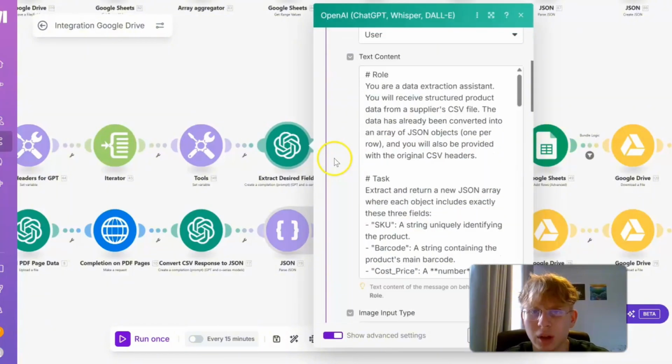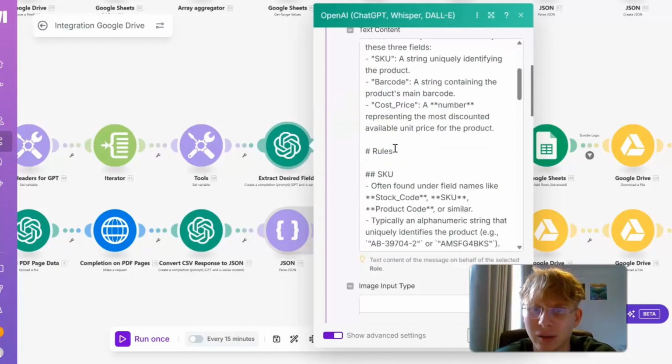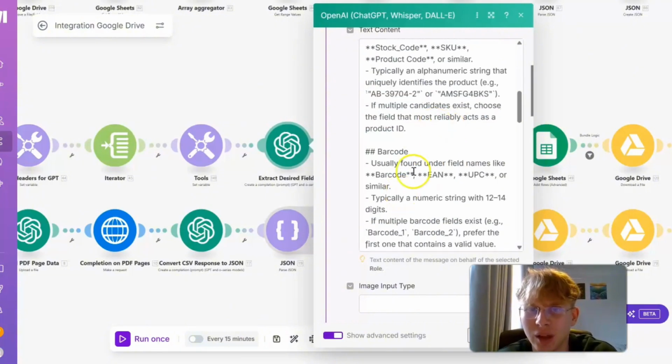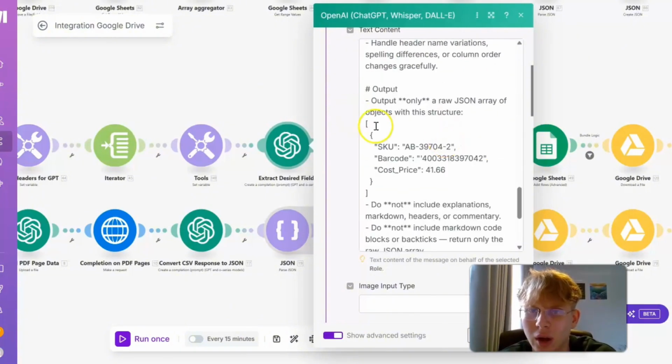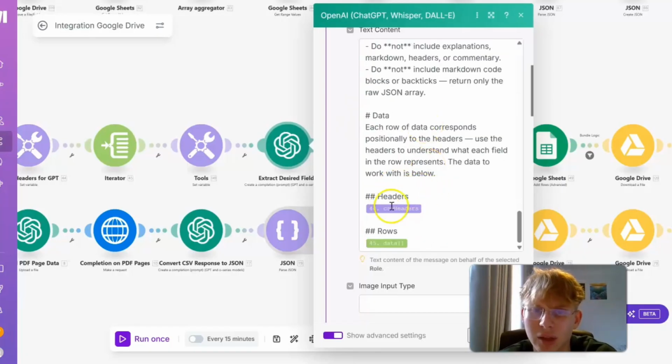So we have the prompt here. Essentially, I wrote this myself, providing the prompt to the best of my ability. It's probably not optimal, but give it a role, the task, rules. It kept doing what I didn't want it to do, so I had to say rules and just be super strict, like, okay, do exactly this. So I gave it rules for the SKU, the barcode, and the cost price, and then also output as well. And then data, passing in the headers that we isolated earlier from the variable step,